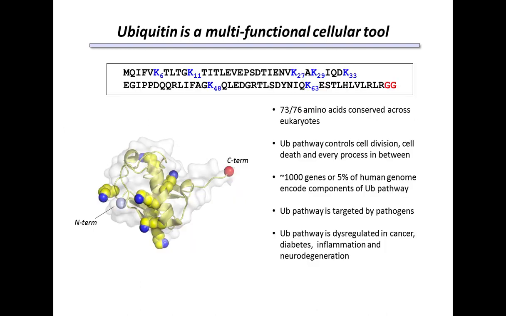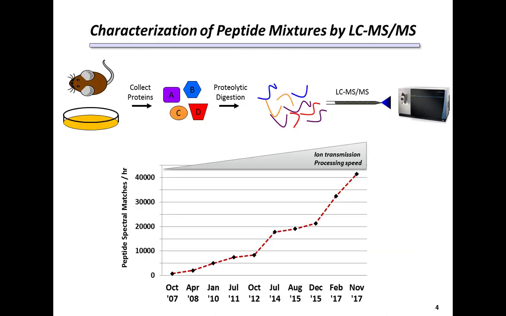One of the significant advances that's been driving this area of research over the last few years is an increase in our ability to identify and subsequently quantify these individual features or peptides. You can see just within our own group over the last 10 years, we've seen a full 50-fold increase in our ability to identify peptides by this mass spectrometry proteomics approach, owing largely to advances in 2 main areas: the efficiency of transmitting ions into the instrument and into the detectors, as well as the speed at which the instruments are able to process the ions, identify, and quantify the signals that come from them.